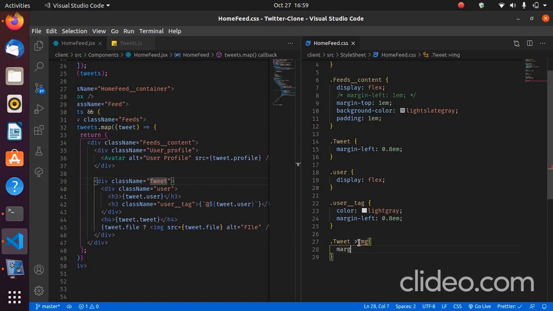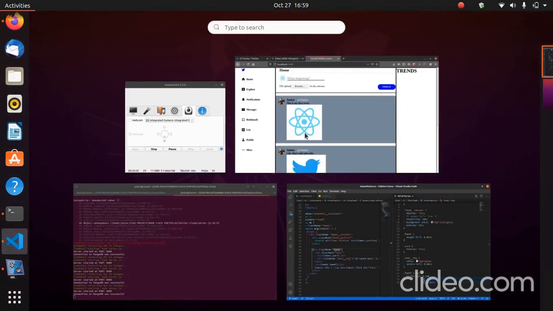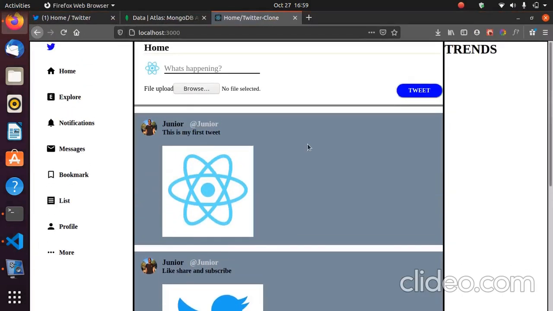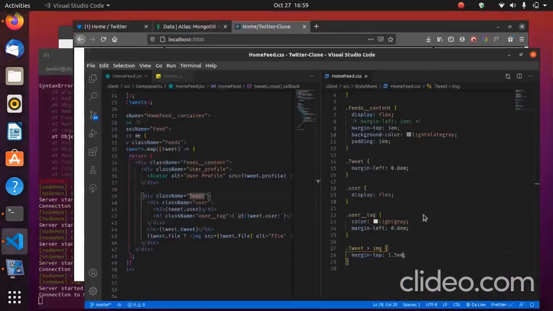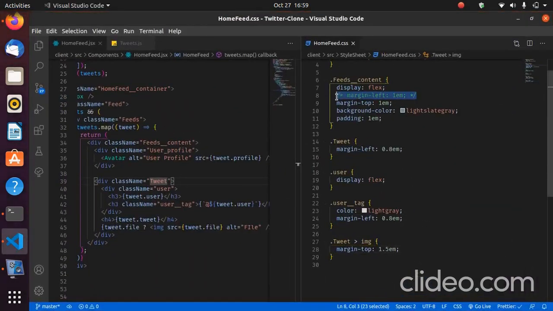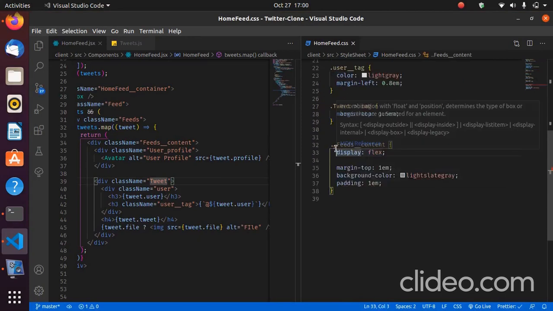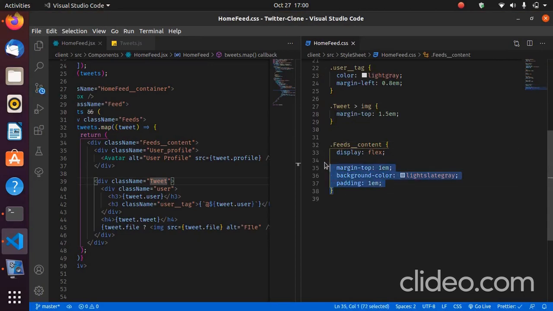I want to give it a margin top of 1.5 ems. Okay, that's not that big, right? That's perfect. And let's have an on hover effect for this tweet. We come in here, bring that there, we make an on hover effect, just giving it my flavor, guys. You guys can do whatever you think